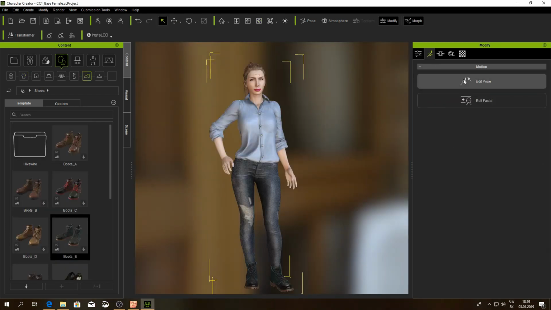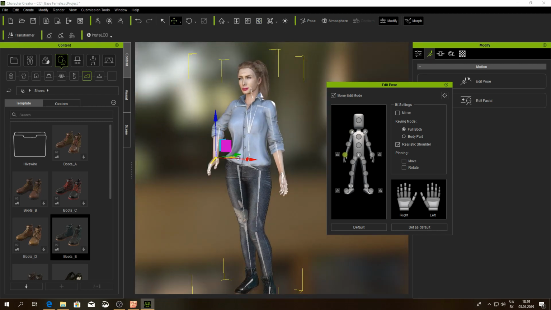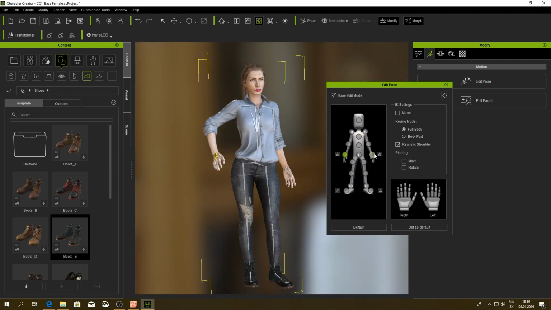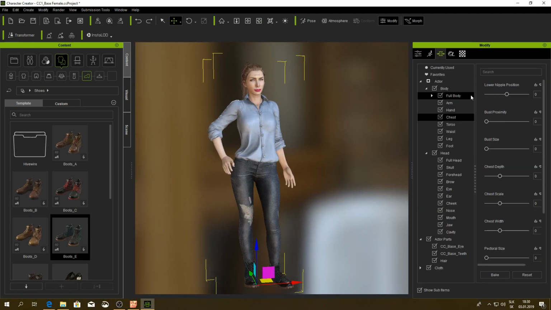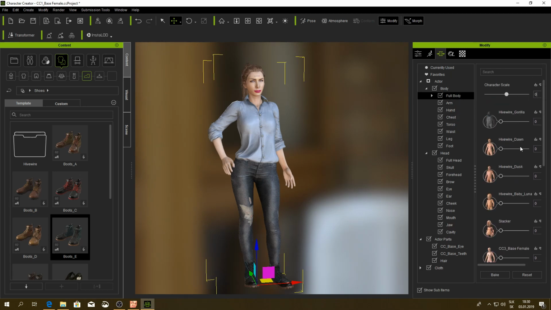You can tune the figure's pose by your preferences, as I mentioned before. It is also possible to tune body parameters.